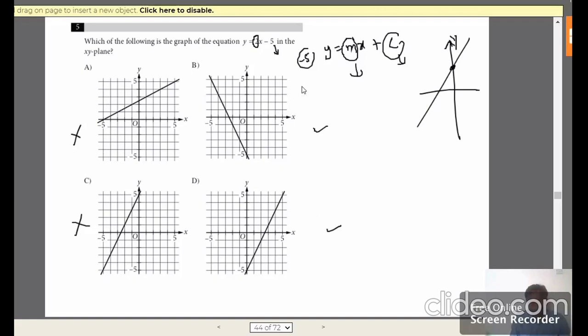So for that, the clue, as I said, is -5. So here also is -5, here also -5. So which one would be your answer? You just have to check here. Your equation was 2x, so it means your slope is positive. So when slope is positive, definitely this won't be the correct option. The option is D. Why did I say that?